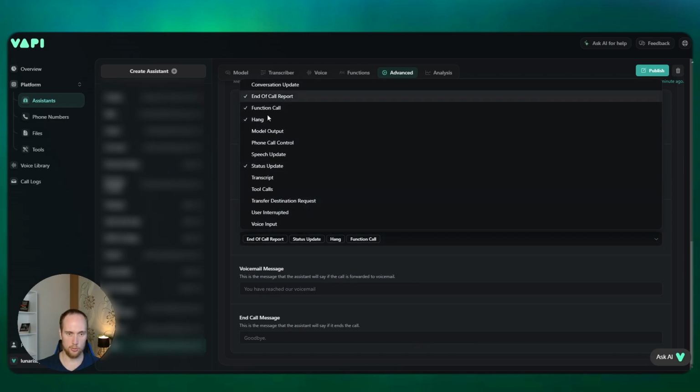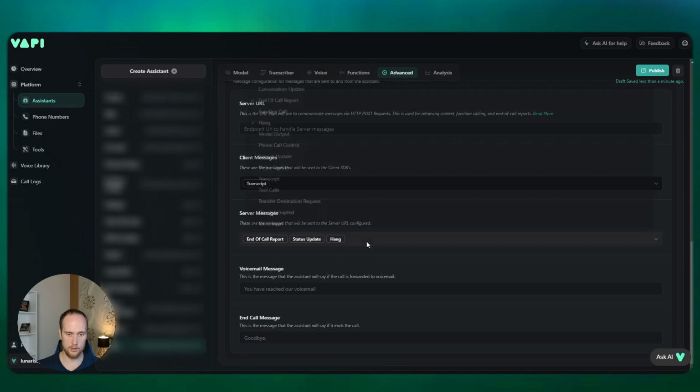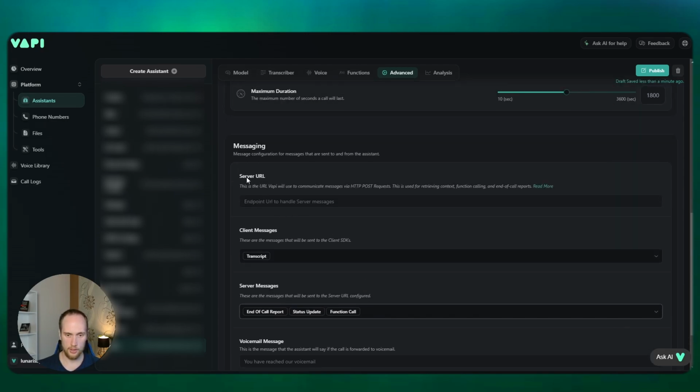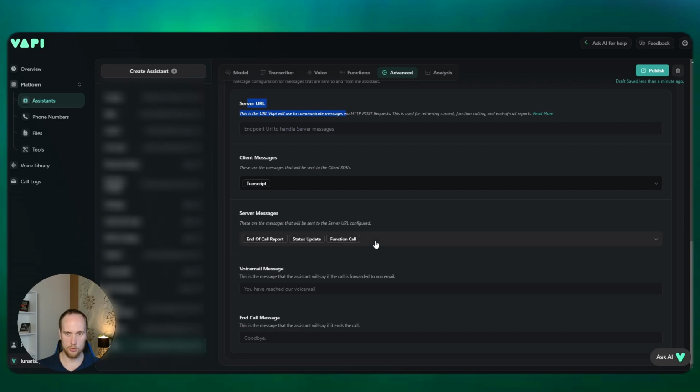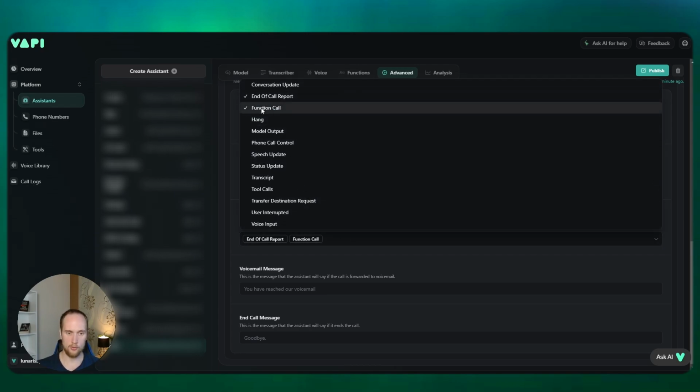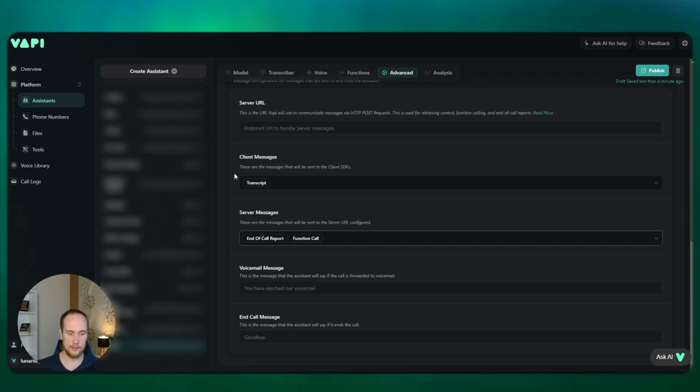The only thing that really matters for us here is that we're not actually going to use a function call via the server, via this part here. We'll be doing it via the actual function. So all we really want is the end of call report, so tick the end of call report and the function call here, please.